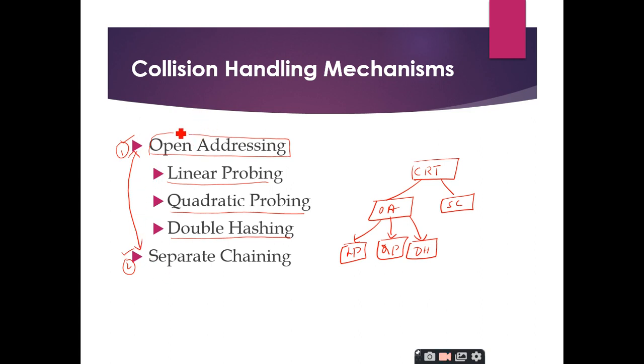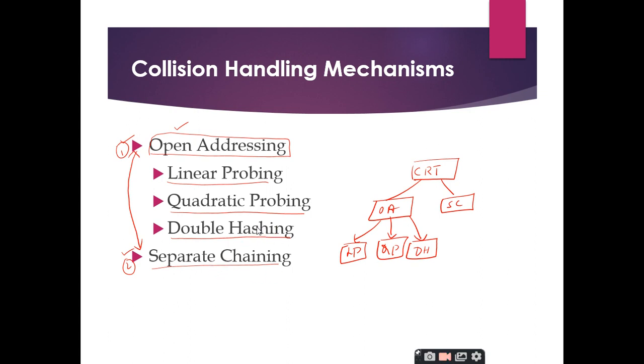So here in open addressing, you have different locations in the same hash table, but in separate chaining, you will have the same location for all the collided values. That is called a separate chain. Why it is given as separate chaining is that you will form a chain of values for the same location. We'll see with an example, then it will be clear.